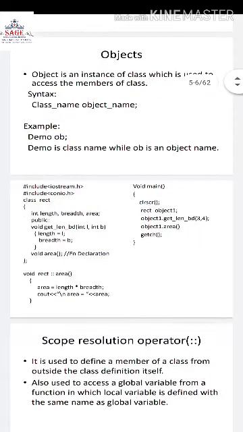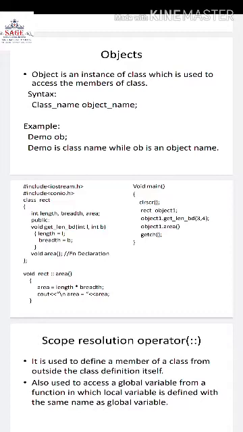Now let us look at one example program for this. So we have included the two header files, namely iostream.h header file and conio.h header file. iostream.h header file will be used for any input and output statements, and conio.h is used for clear screen and catch functions, which we will be making use of in our program.